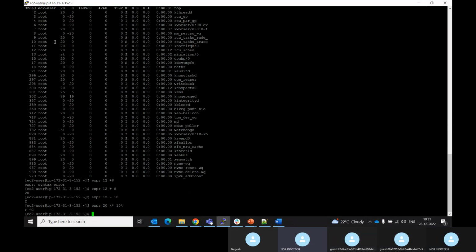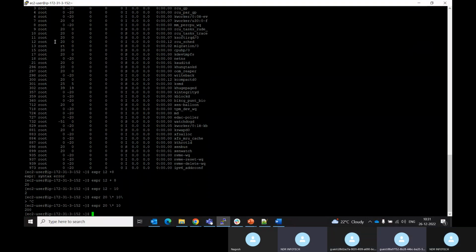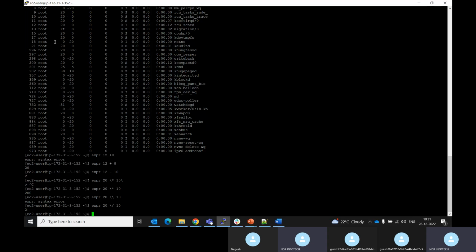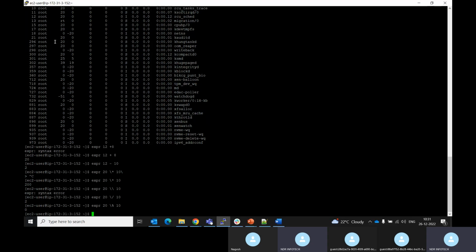So, the same way if you want to do the division, and if you want to do modulus, percentage, sorry, and if you want to calculate the length of the string, suppose length, whatever the value you are giving,